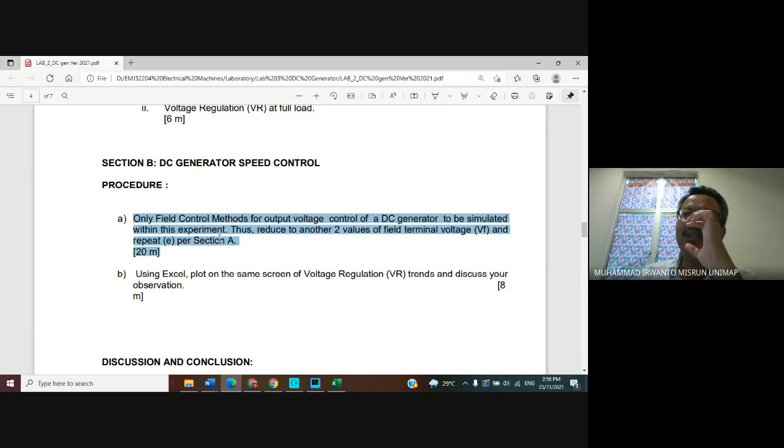Here it asks for just two: reduce the field voltage and then repeat step E of section A. After we reduce the field voltage and follow section A for various resistive loads, we observe the output current and output voltage.